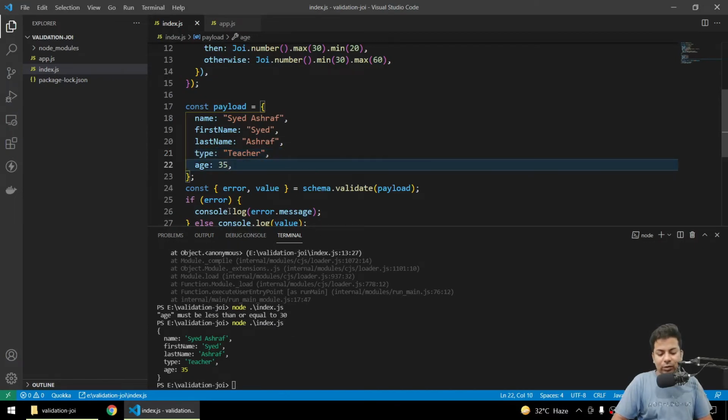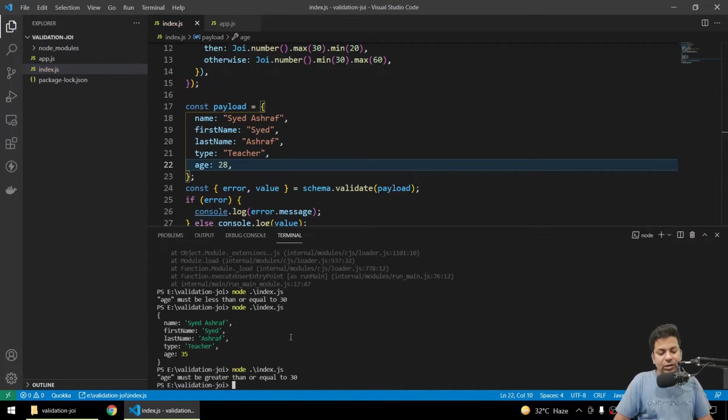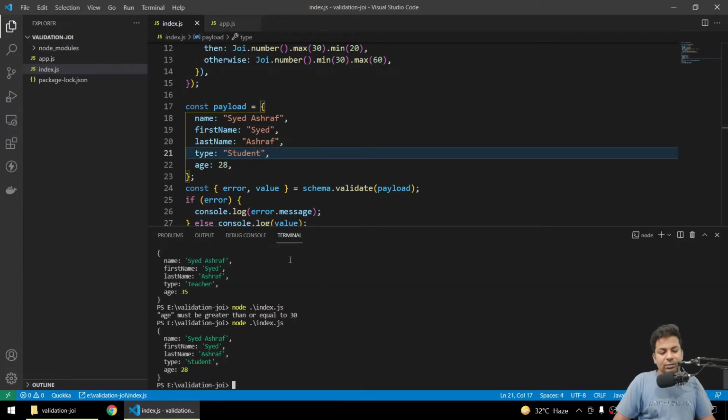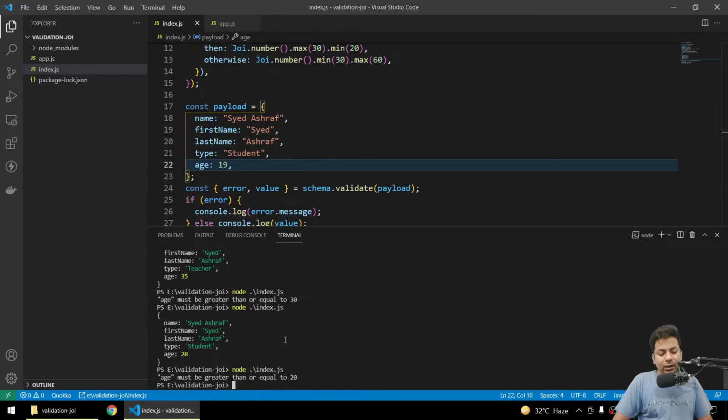But if I make 28 as a teacher, see, age must be greater than or equal to 30. Same thing, if I say age 20 is passed for student, see, age passed because 20 to 30 is for students. If I make it 19, less than 20, age must be greater than or equal to 20. So we can put it like this.